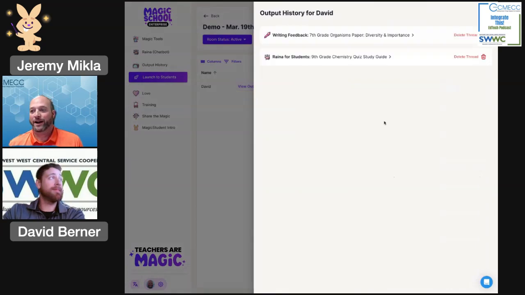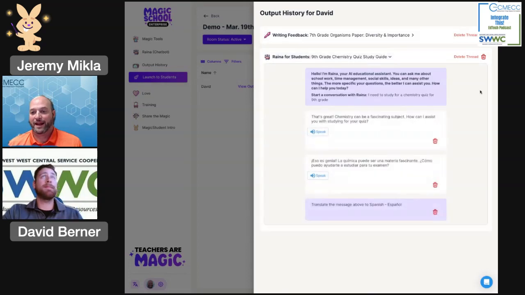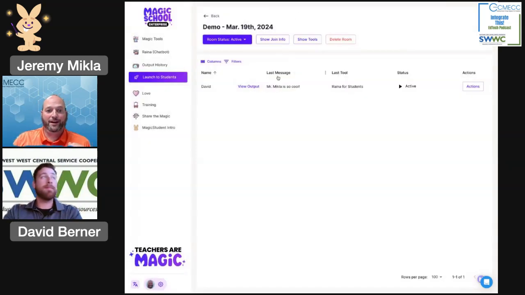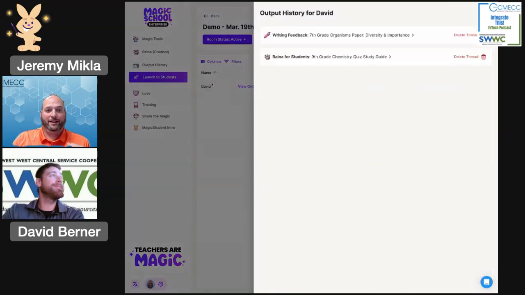So I open it up, and just as David had that output history just for himself, I can go into each individual student and view their output history as well. And if it's something that I think is inappropriate, I can delete that thread. Or if I think David's actions have gone against that code of conduct that we talked about before, I also have the ability here to go in